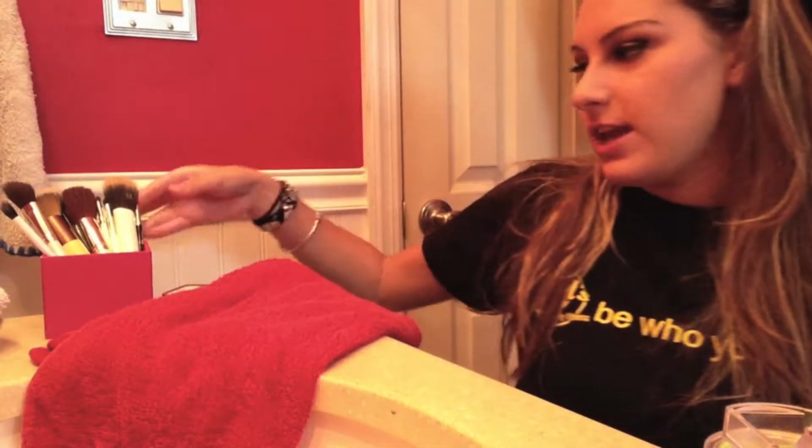Showing you how to wash your makeup brushes. My makeup brushes are pretty overdue for a nice cleansing, so I thought I'd film this so you can see how you would do it if you were to wash your own makeup brushes at home, for anyone that doesn't know how. I also threw my tweezers in there too because I figured they could benefit from a cleaning too. So I'm just going to start off